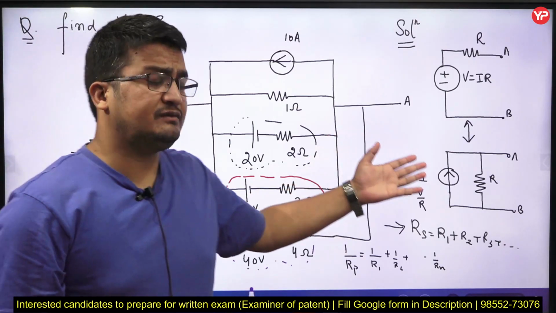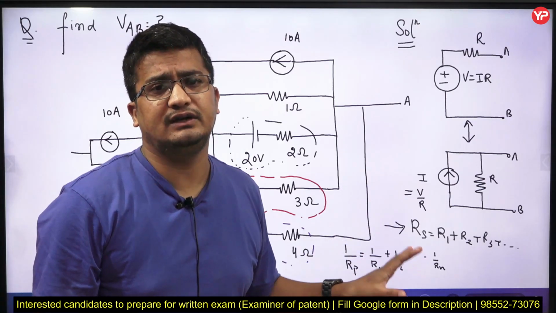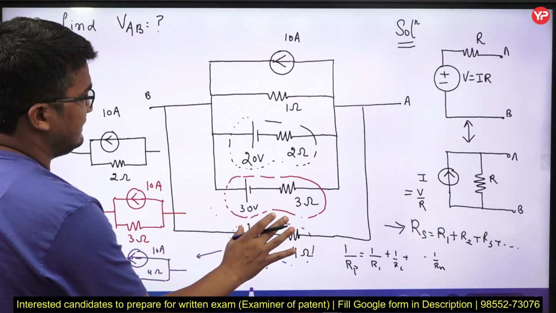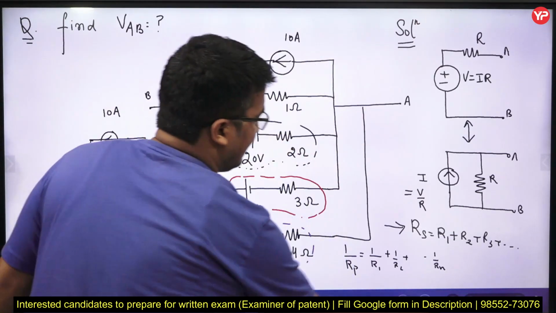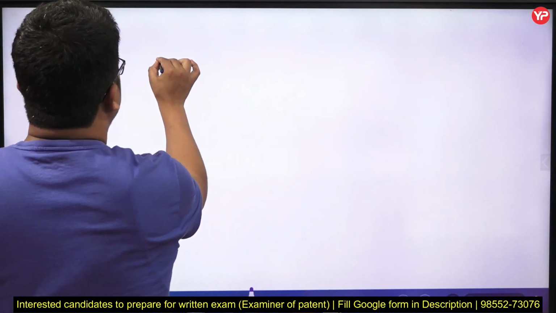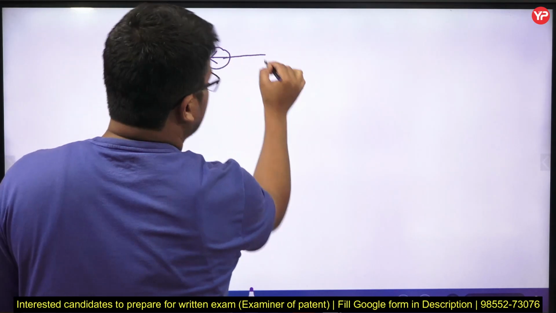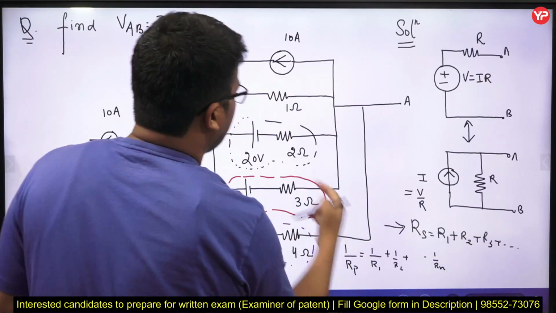See, I can solve this question with many other methods also, but I want to stick my calculation to the basic stuff only, right? So I believe if you know all these transformations, then I can remove and draw a new circuit, and I can write like this one. This was a current source. I guess it was given how much? It was given 10 ampere,